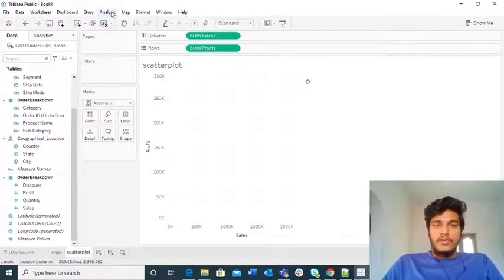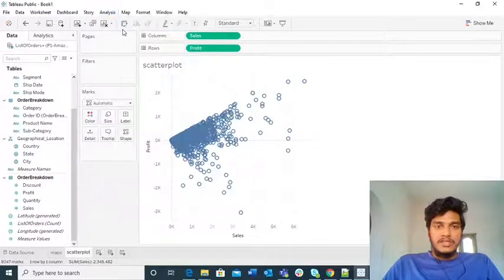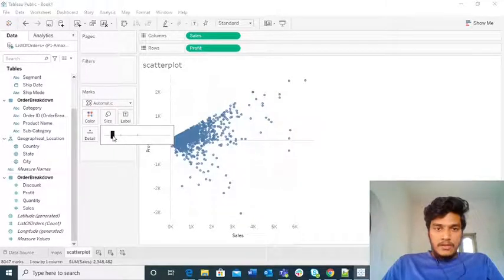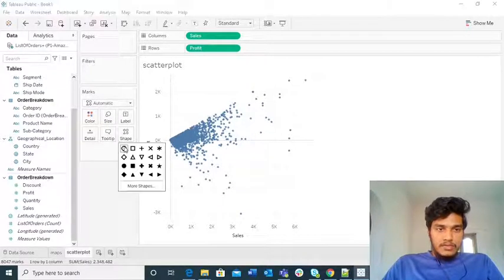So for that, I am removing the aggregation. I go to Analysis and click Aggregate Measures. If you remove that, let me remove the size as well, and let me decrease the size.